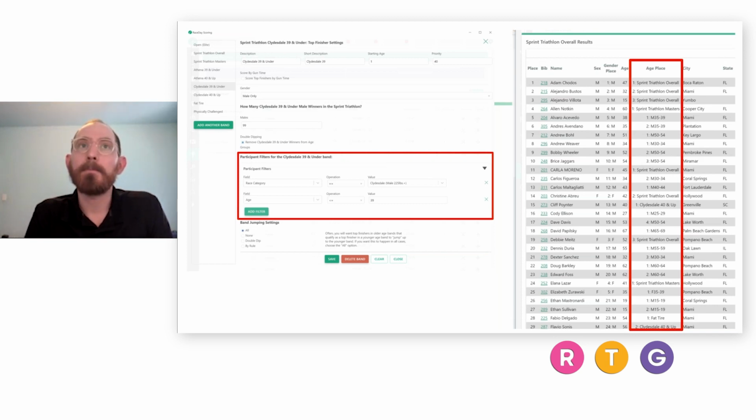So most people want to have the Clydesdales in their own completely separate results, and they want everybody who is a Clydesdale to qualify in that band. So they don't want just the top 3 and then everybody else is in the regular race. That wouldn't make sense for a triathlon. It's usually very distinct. Everybody who registers as a Clydesdale is shown in the Clydesdale results. So what most people do is at this section here where it asks how many Clydesdale winners in the sprint triathlon, they set the gender count to some arbitrarily high number, like 99999,